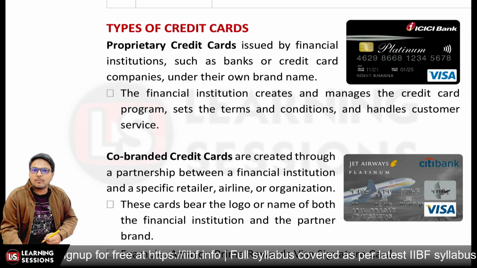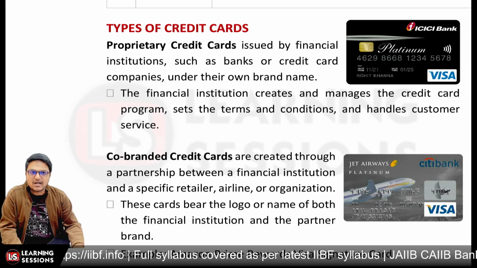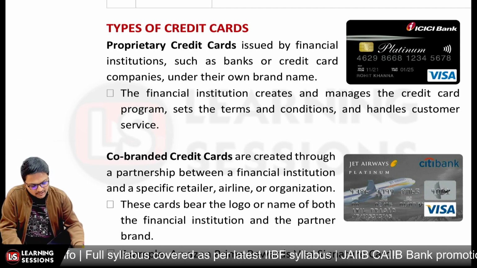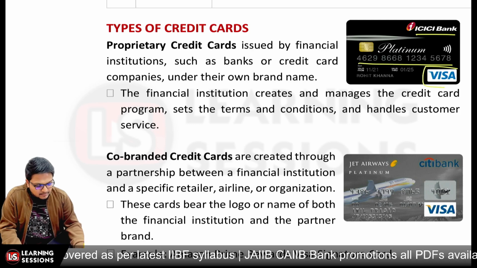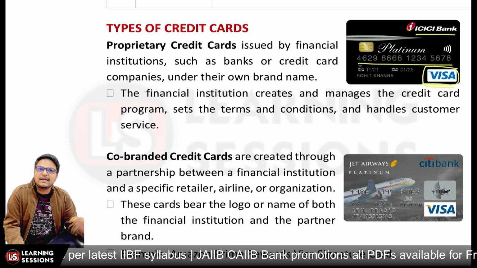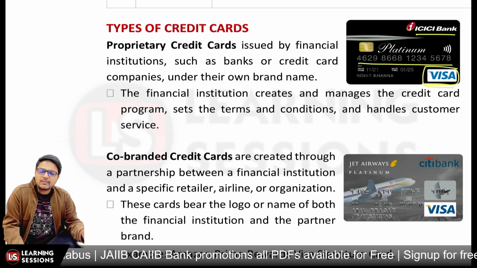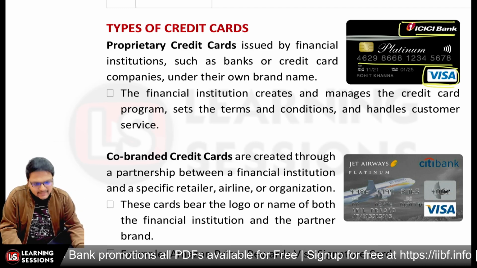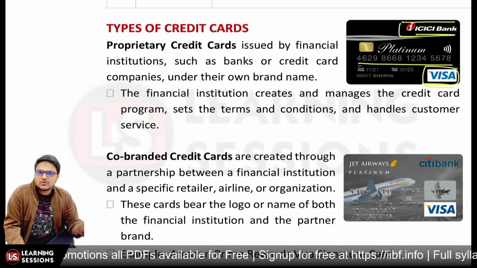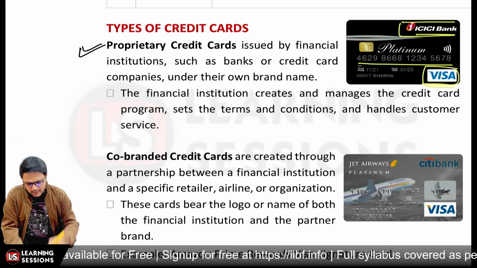One of it's related to proprietary credit card, where a bank is particularly issuing a credit card of its own. Like in the case of this particular card, ICICI Bank is actually issuing the card of its own, and particularly the network over here is Visa network, right? So on this particular card, only one brand is there. That's the name of the bank who's issuing the card. That's ICICI Bank over there. So it's a proprietary card. We say it to be the proprietary card over there, right?